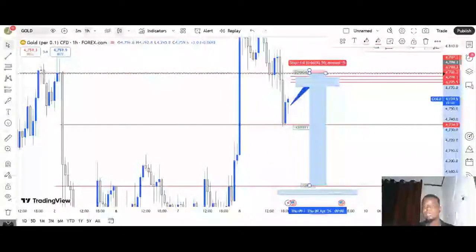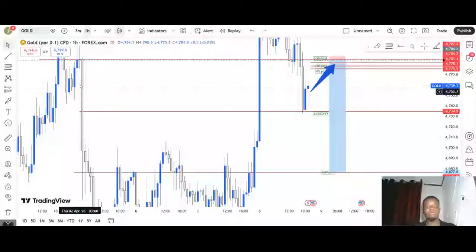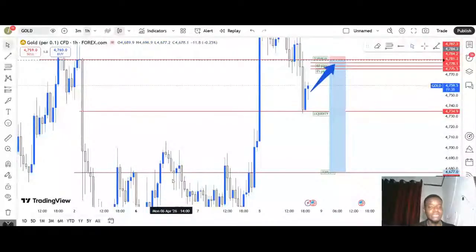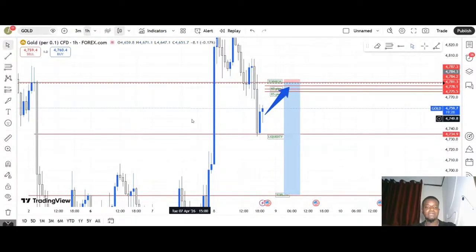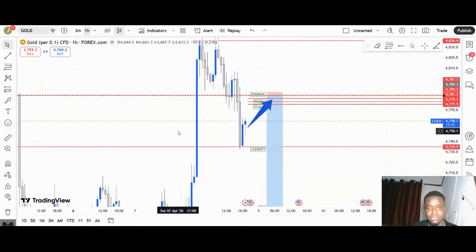So as you can see here, we have a bearish big impulse move at this point. Then you have our top low, which acts as an area of support. And then you have our top high, which acts as our area of resistance. And then you have our liquidity point at this particular point. Now, yesterday, maybe it was at that time I was sleeping,